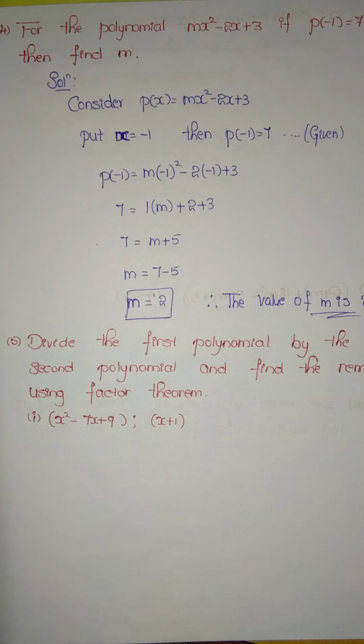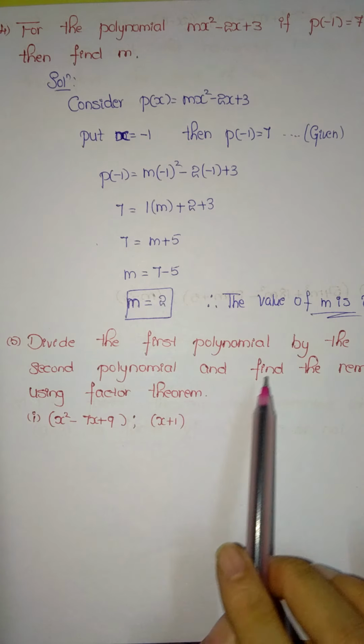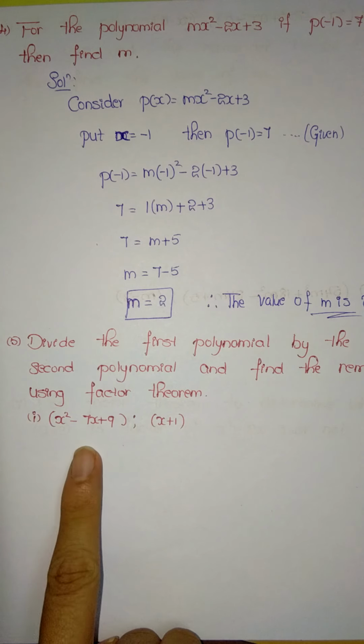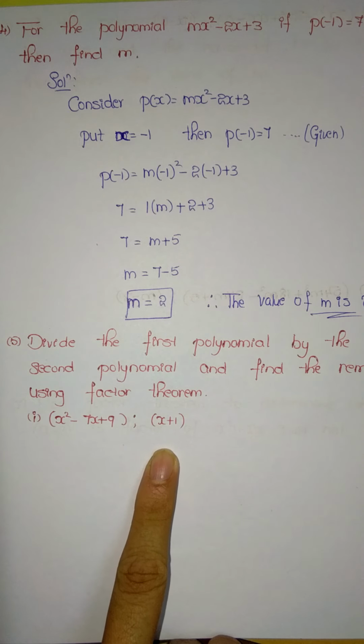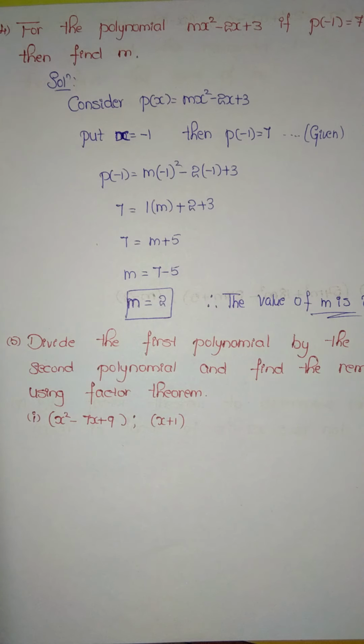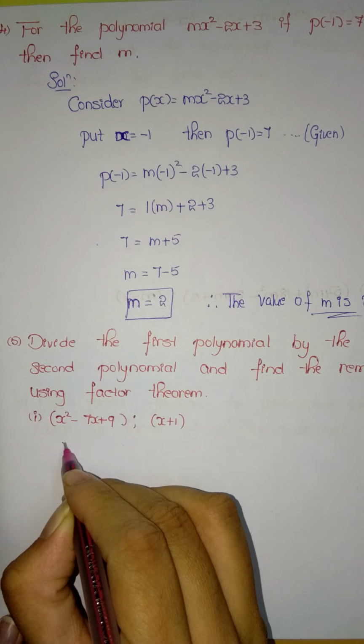So here in this question number 5, there are 3 sub questions. So it is based on the remainder theorem and we have to find the remainder by using the factor theorem. So first one is, divide the first polynomial by the second polynomial. यहाँ पे first polynomial को second polynomial से divide करना है and remainder find by using the factor theorem. So first one is x square minus 7x plus 9 and which is divided by x plus 1. So कैसे factor theorem use करना है? So solution here,